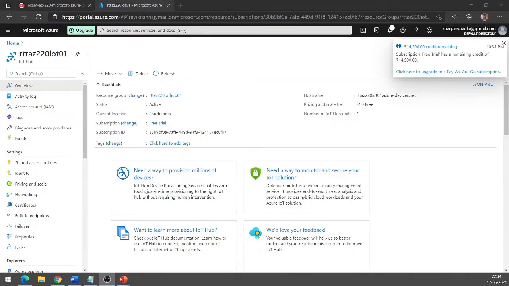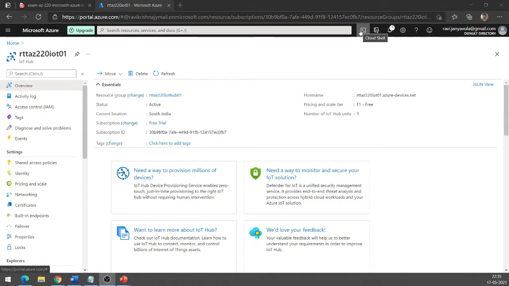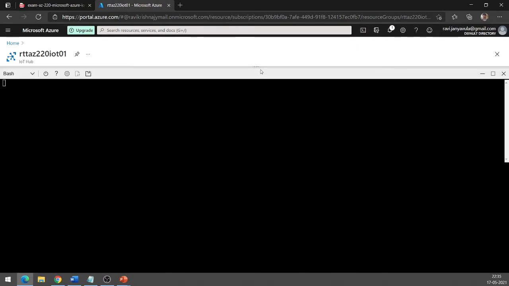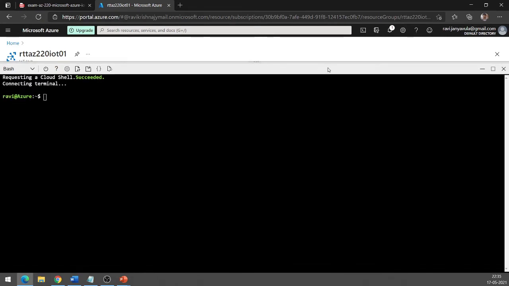Let us switch back to the Azure IoT portal so that we can create a device using Azure CLI. So in the Azure portal, this is the IoT hub which we have created previously. So if you can click on the Cloud Shell icon here and let us expand. Okay, once the Cloud Shell is connected, let us type the command az iot hub